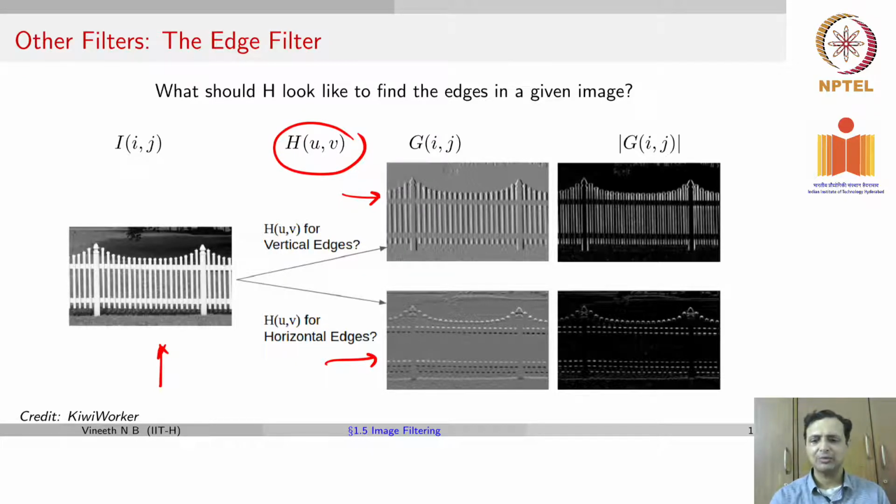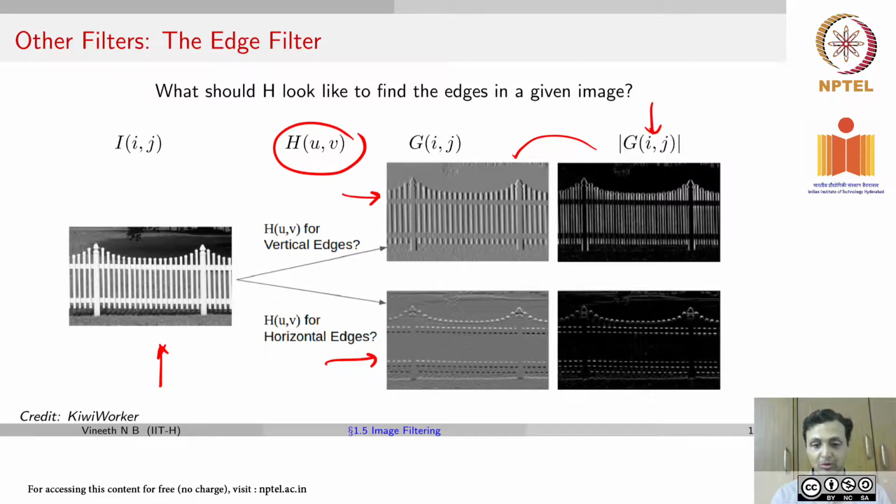The last set of images here are simply the absolute value of the output image. We'll see more on edge filters a bit later, but the question for you now is, what would be H if you simply wanted to extract edge information from your input image? For purposes of convenience, let's stay with the 3x3 filter. Let's not increase the size. We can in practice, but we're not going to increase it now.